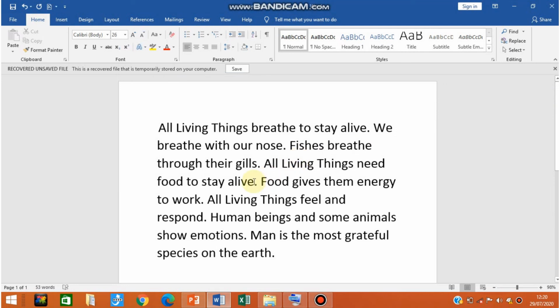We can use just the find option to find a word, and we can use the find and replace feature combined to find a word and then replace it with a certain word. This was all about the find and replace feature. Now moving on. So we are done with today's class. In the next class we will see the remaining terms in this chapter.